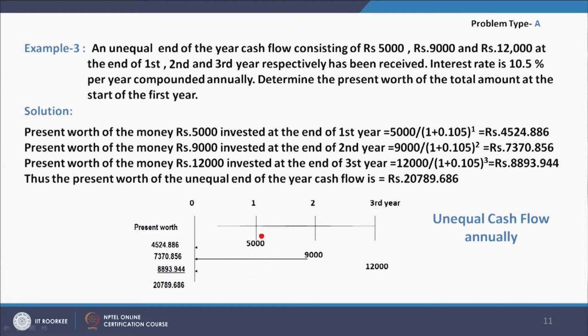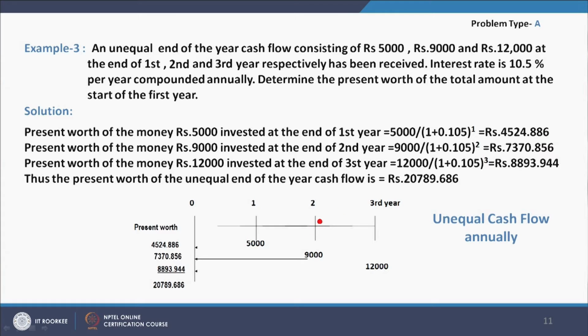Now, how will this 5,000 be brought to its present value? Here we see the present worth of the money 5,000 invested at the end of the first year is equal to 5,000 divided by (1 plus the interest rate). The rate is 10.5%, so expressed as a ratio it is 0.105, to the power 1,